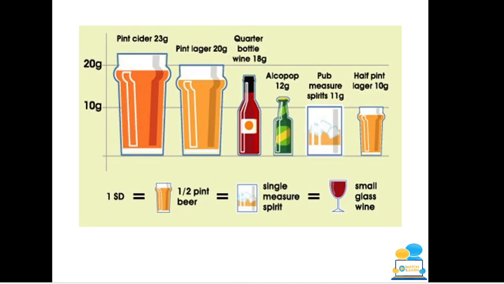So this is the amount. One standard drink is half a pint of beer, a single measure of spirit, or a small glass of wine. Now, a lot of people know that they would have seen maybe people at home or people when they're out and about and they're drinking way more than that. And especially on the TV, you'd see maybe a person drinking a whole bottle of wine. That's not one standard drink, okay? That is many.